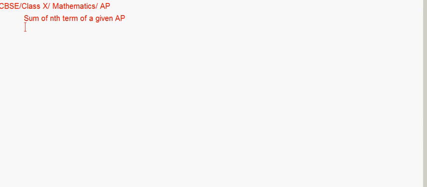The formula for the same is given by Sn, that is the sum of the number of terms given, is equal to n by 2 (a plus an). You might come across this formula as well as another one which says n by 2